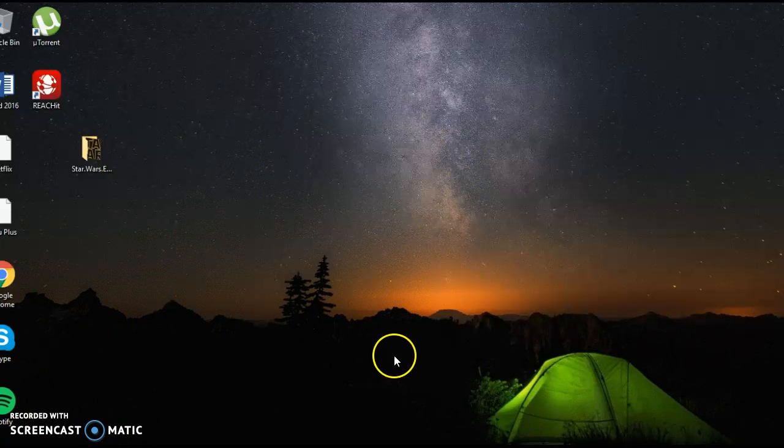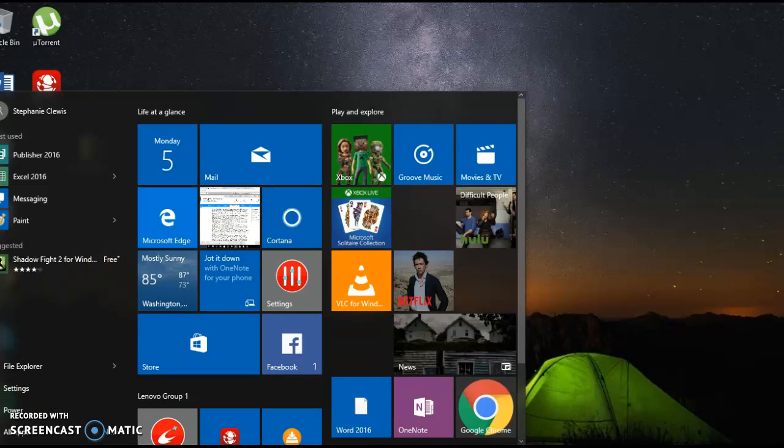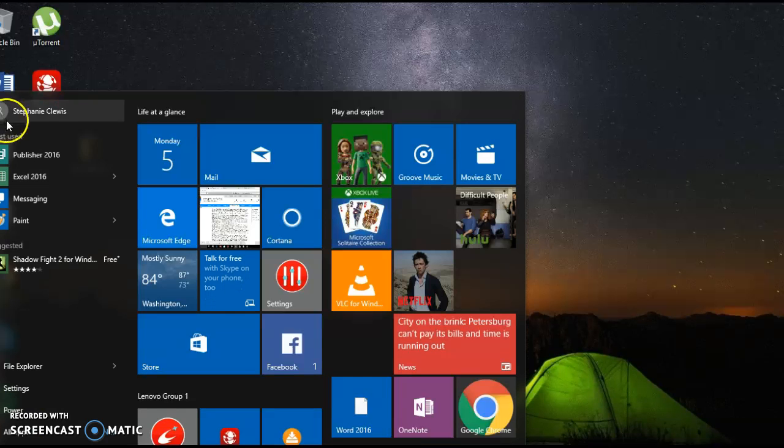So anyway, remember I always tell you to go to your start menu. Well, it's always in the left-hand bottom corner. Mine just is a little window, and it brings up a bunch of different stuff for me because this is my personal laptop. So we're going to start with Word,